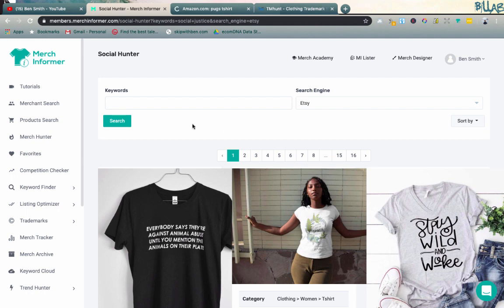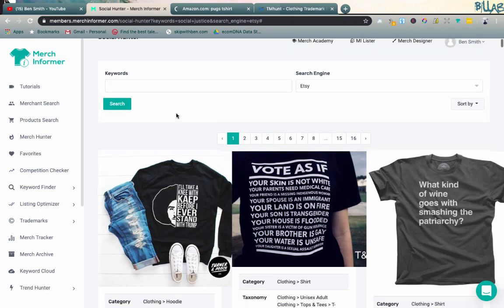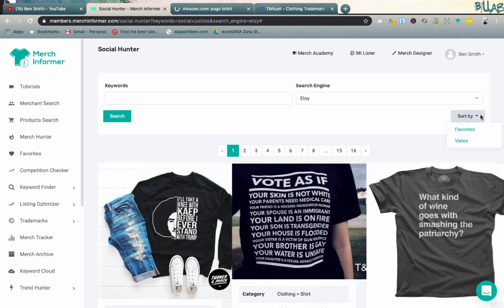Now, the Social Hunter module has pulled up some results. The first thing I do is go over to the sort by, and I will sort by favorites. So these are people that are favoriting on Etsy. And the reason I like to do that is, we can also sort by views, but I think that a favorite indicates a little bit more that people are actually very interested in the shirt, but we can try both